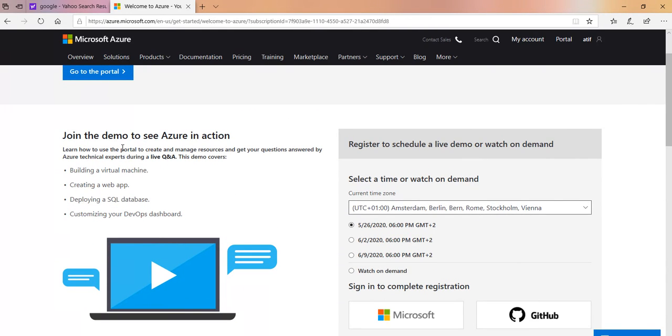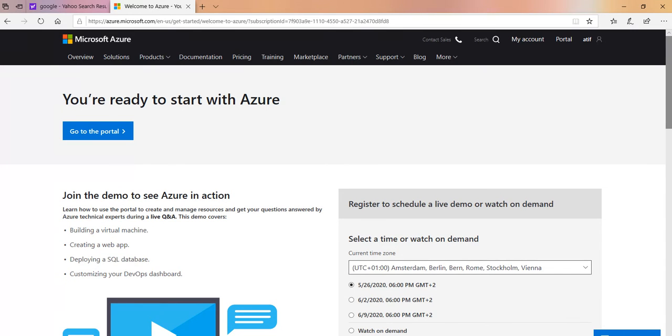This demo will get you connected to the technical experts in Azure. It's very nice. You can see how to build a virtual machine, creating a web app, deploying an SQL database, and customizing your DevOps dashboards. Of course, I am showing you how to build a virtual machine here. So if you just click on go to portal, it should take you to the portal. I don't want to see that demo, and you are going to come to this Azure portal now